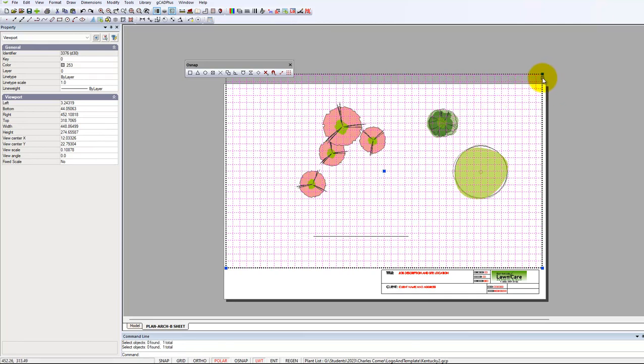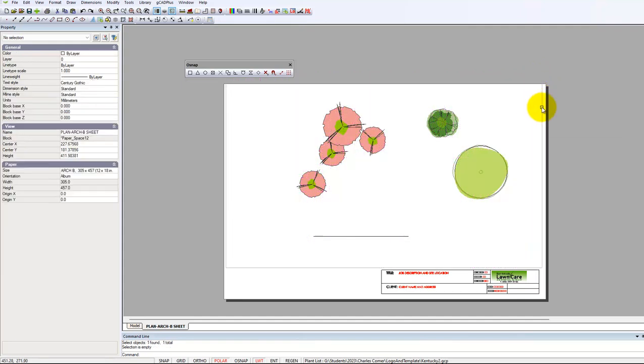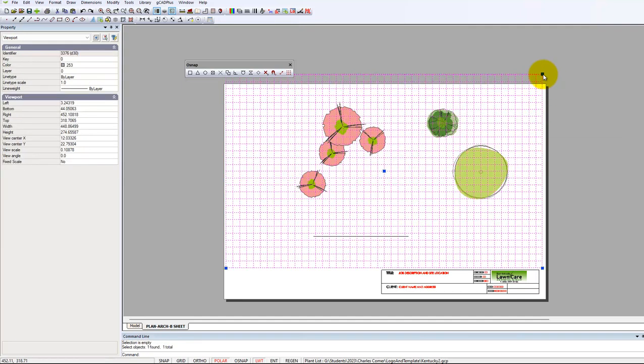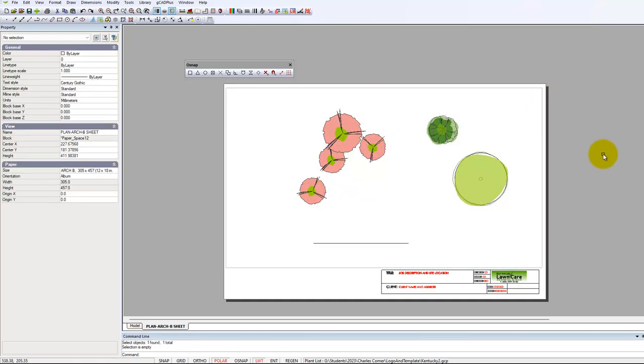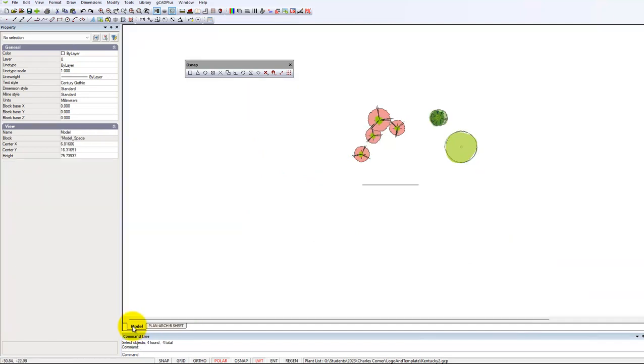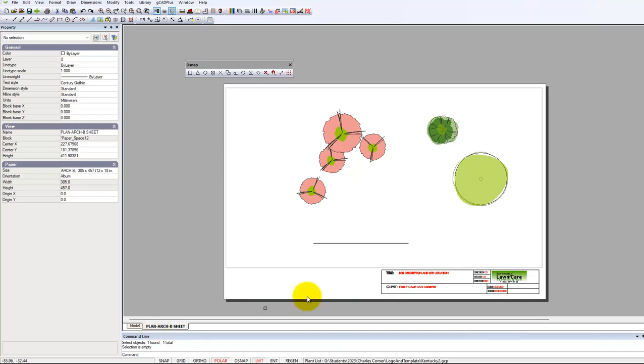And maybe I want to select it and deactivate it, and now move that one down a little so the floating viewport sits nicely on the page. So there's working the design up in model space, and there's presenting it in a what's called a